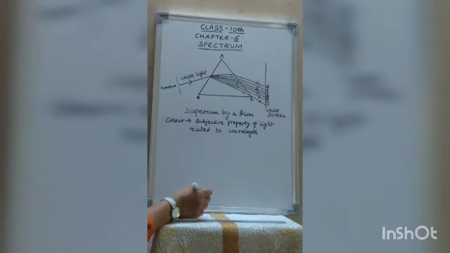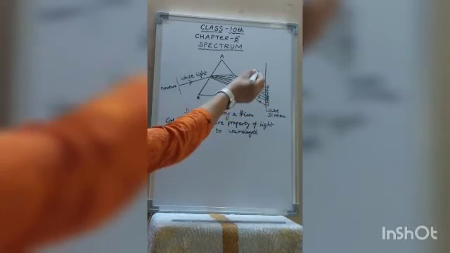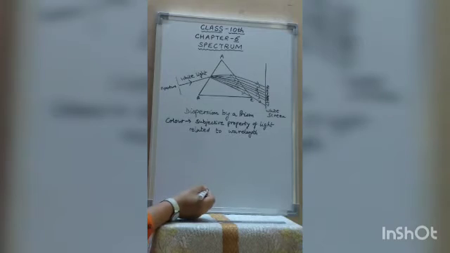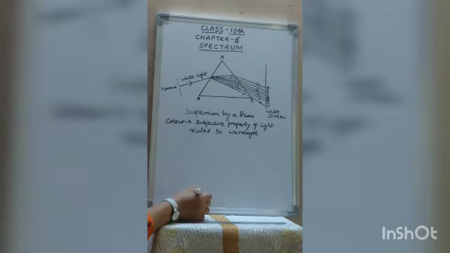And what are the different colors of white light? Violet, indigo, blue, green, yellow, orange, red. And you know, children, who discovered that white light is composed of 7 colors? Newton, Sir Isaac Newton, by studying the image of a heavenly body formed due to refraction of white light by a lens. He found that the image is colored at its edges.